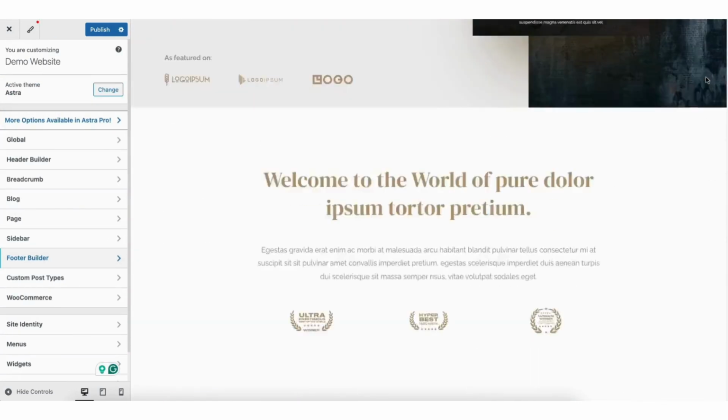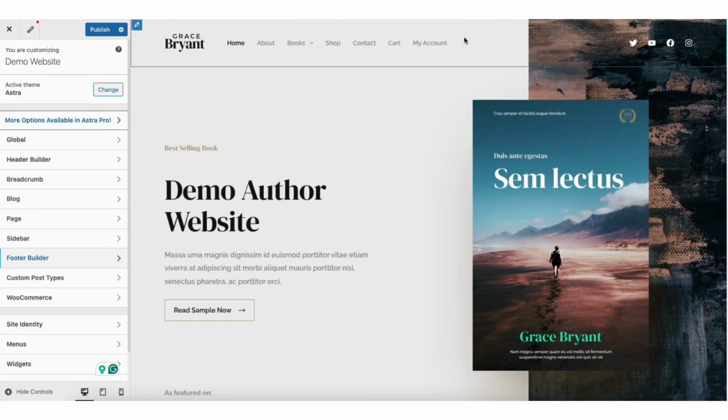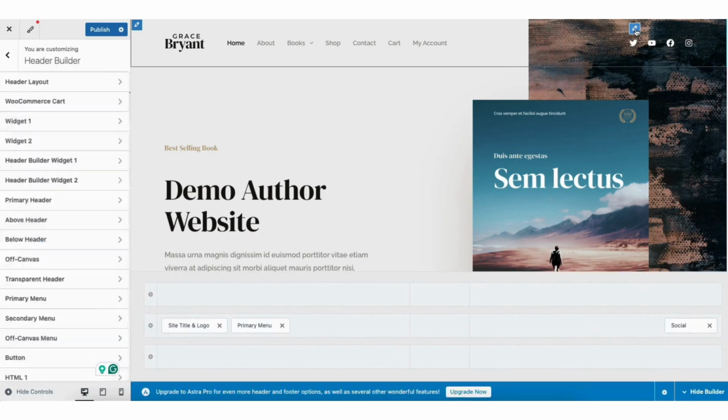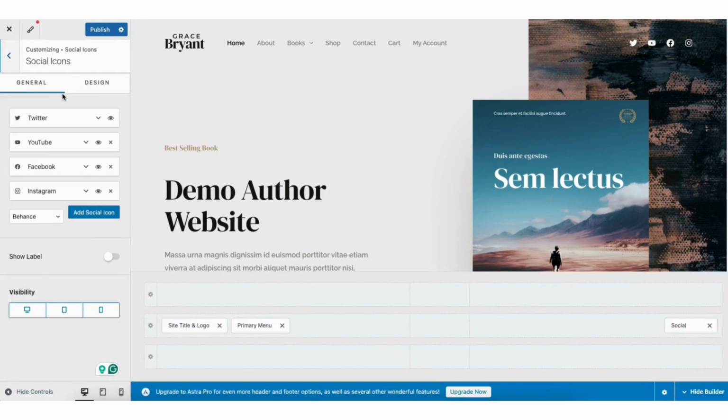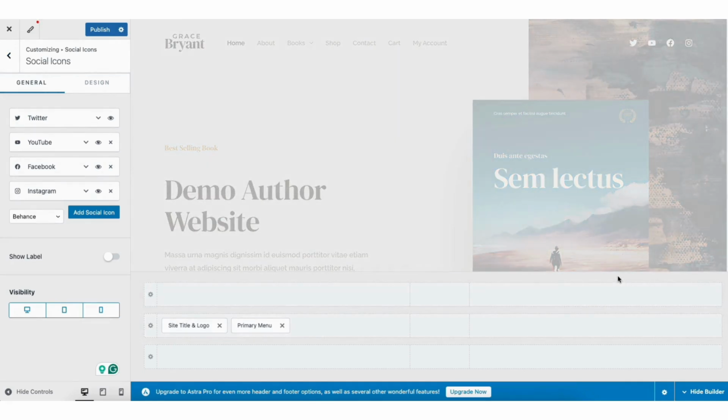I'm going to click the back arrow twice. Scroll up to the header area of your site. If you click into the header area of your site, you can make edits by clicking into the area. For example, to edit the social media icons, I'll hover over it and click the pencil icon. You can then make changes. If you want to remove the social media icons, you can click the X button where you see button to remove the button from showing.